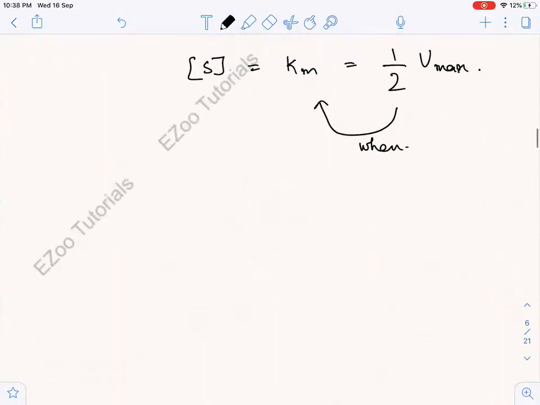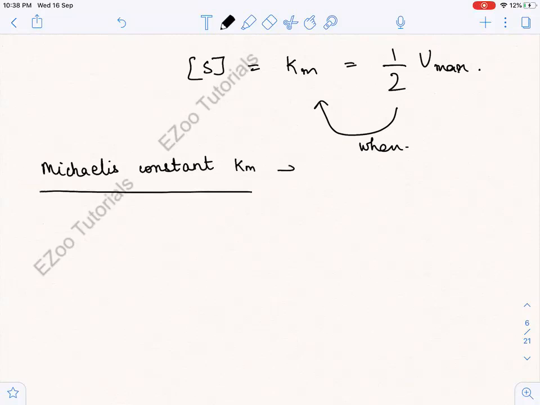Now let us write it. What is Km? Michaelis constant, or Km, is the substrate concentration